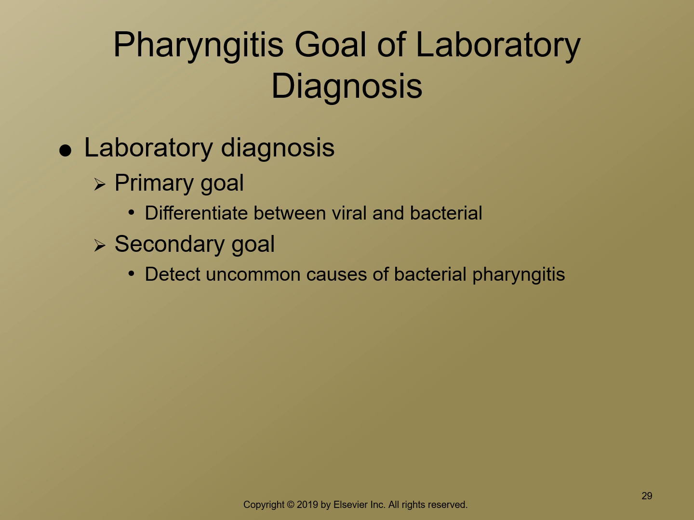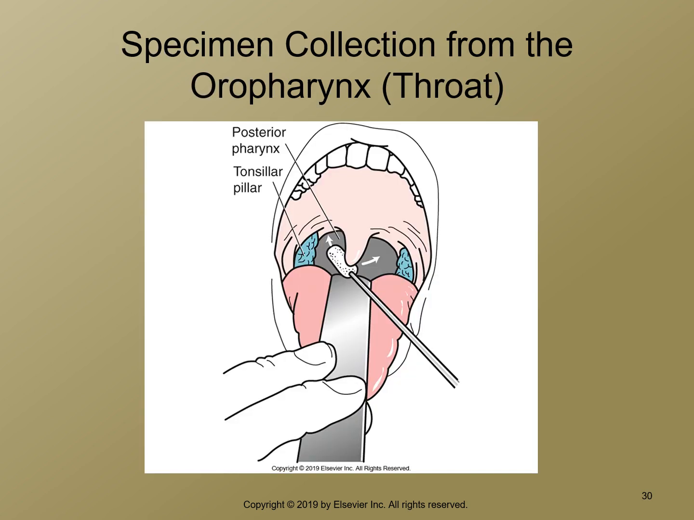Laboratory testing for pharyngitis is primarily done to differentiate between viral and bacterial infection. In addition, laboratory testing can be done to detect uncommon causes of bacterial pharyngitis. Throat cultures for group A strep are diagnostic, and they are the gold standard that have a sensitivity of 90 to 95%. So when collecting pharyngeal samples for strep throat culture, it's important to swab the tonsillar area only,